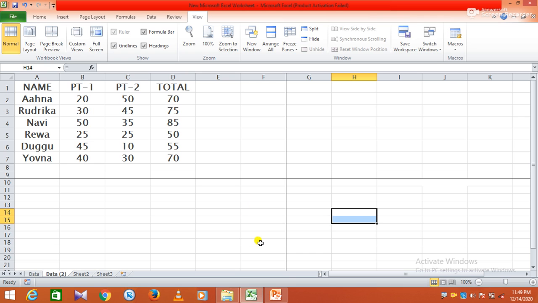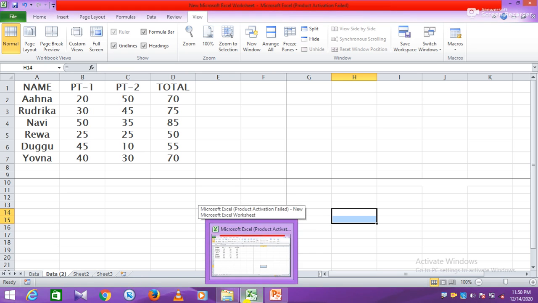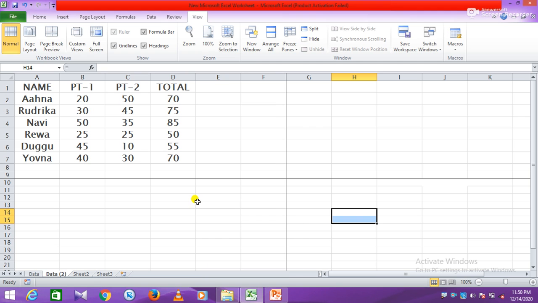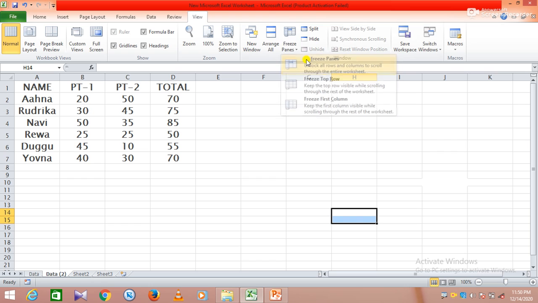Now View Side by Side. You can quickly compare two worksheets in the same workbook or in different workbooks by viewing them side by side. For this you have to follow some steps. First I unfreeze.